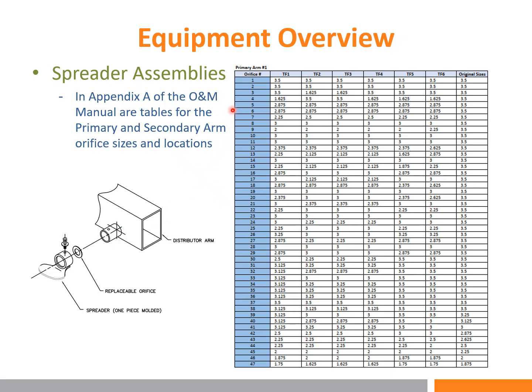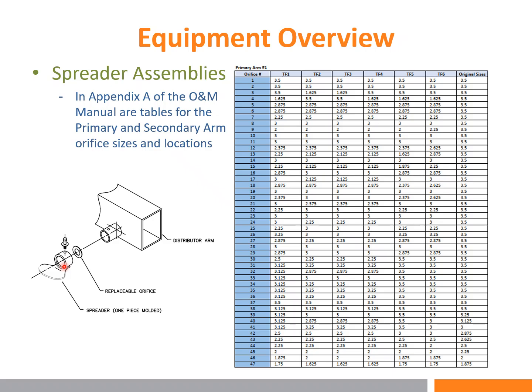So location number 1 up to 47. This diagram shows the discharge port, and at the discharge port there is what we call an orifice and then a spreader. The table on the right has, for trickling filters 1 through 6 at each discharge port, the corresponding